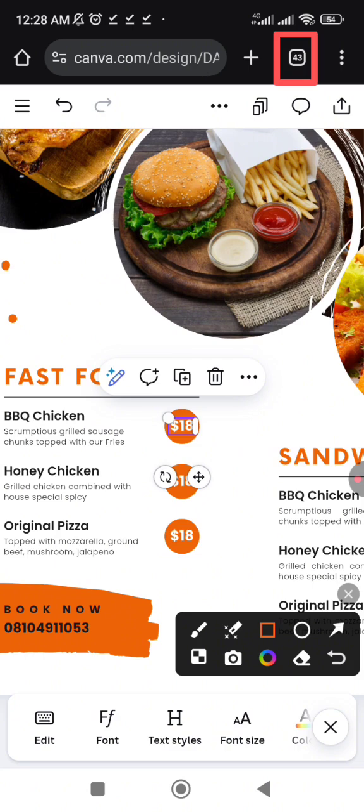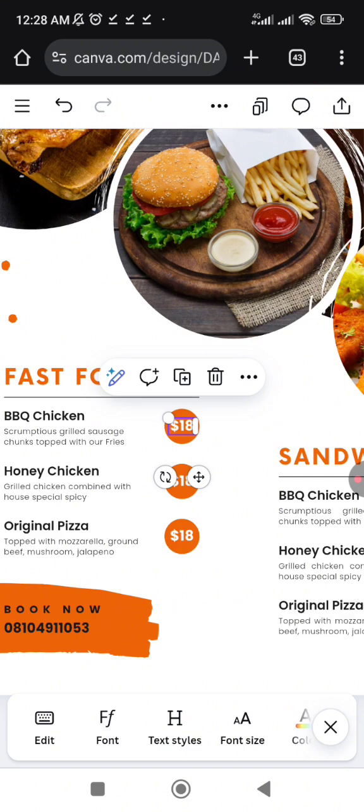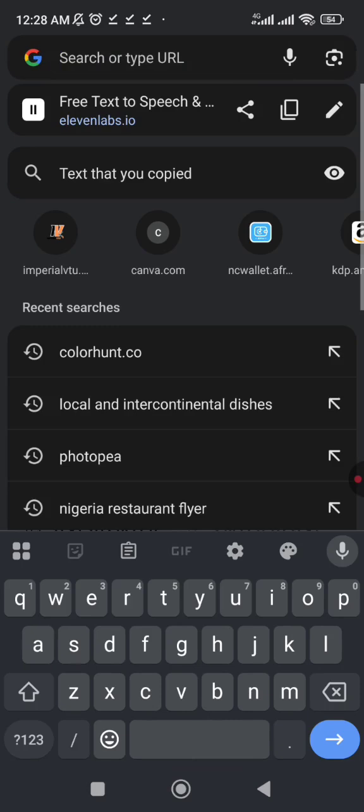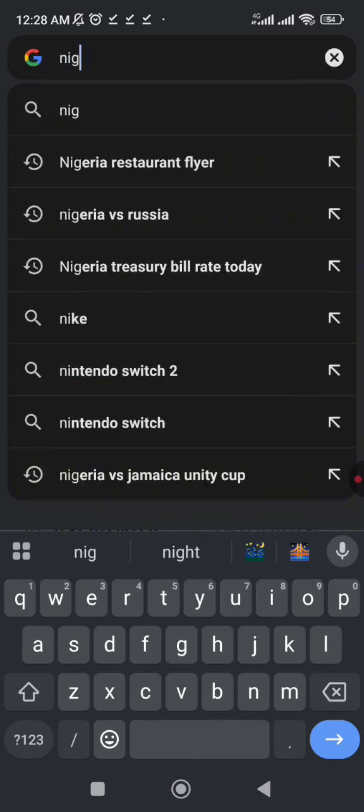It can be 2 on your own, it can be 1, it can be 100, it can be 1 million. It depends on the number of tabs open on your phone. So once you click there, it will show you tabs. So I can switch tab and use another tab to do something else and come back to this tab and continue. So once I switch to this tab, I can search for Nigeria